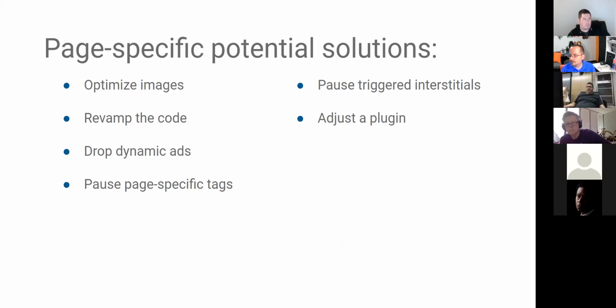But if you have a page-specific problem and you're looking for solutions for specific pages, you may need to optimize the images on that page. You may need to revamp the code. Maybe you need to remove the ads on that page. Perhaps you need to pause page-specific tags. And if you're not sure what I mean by that,